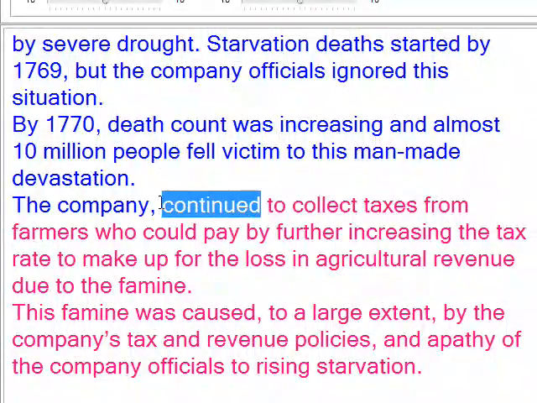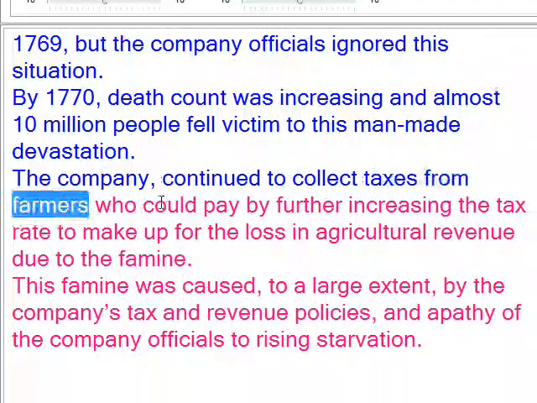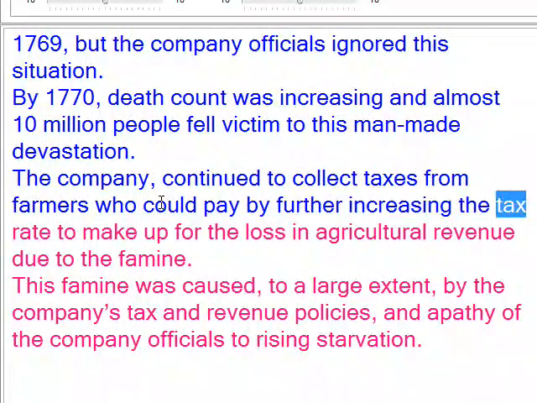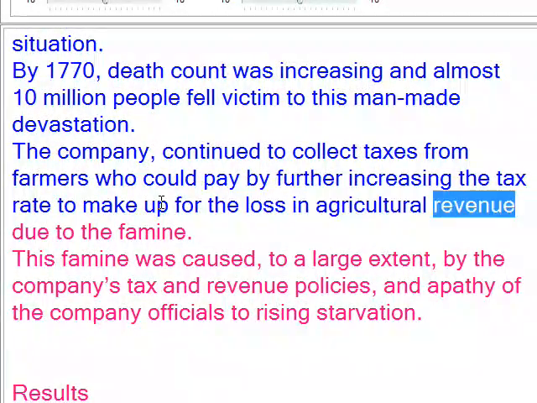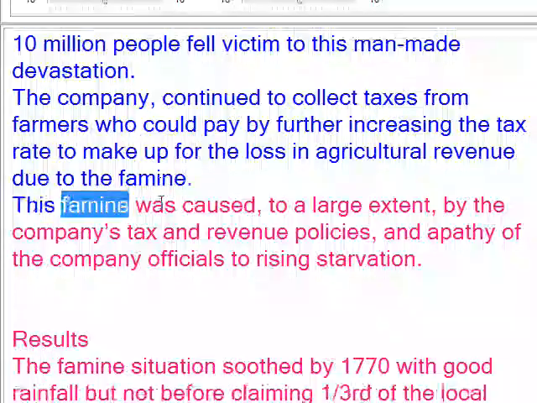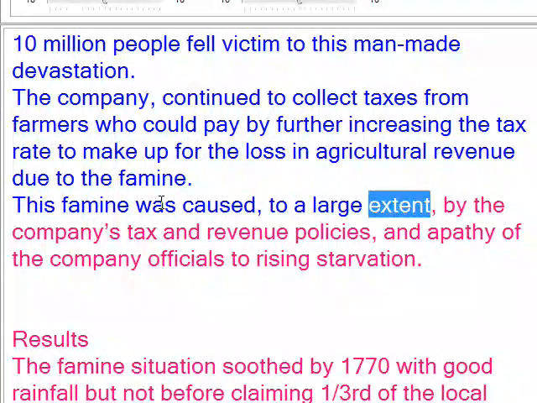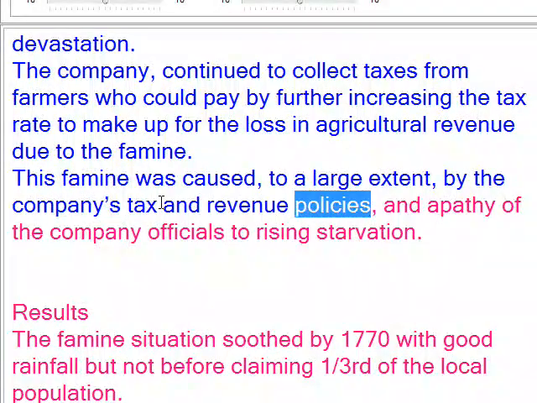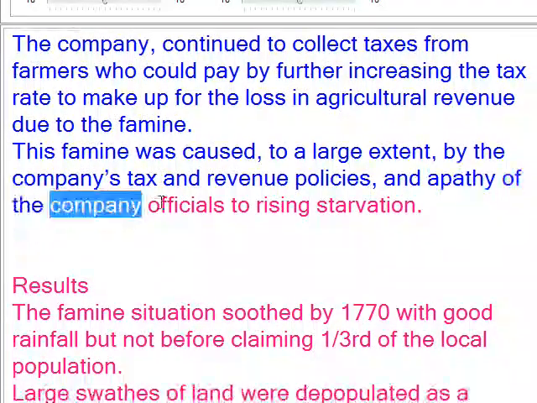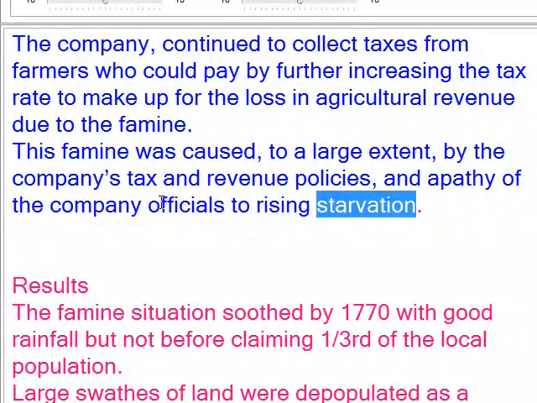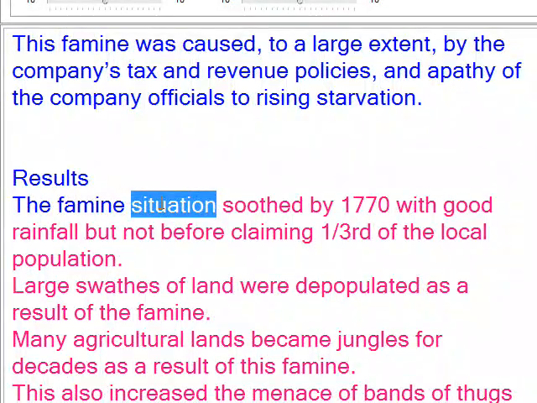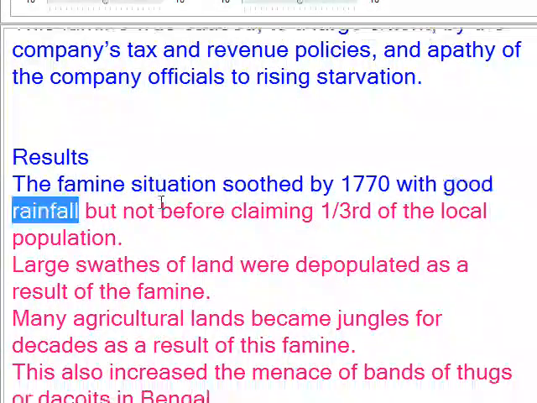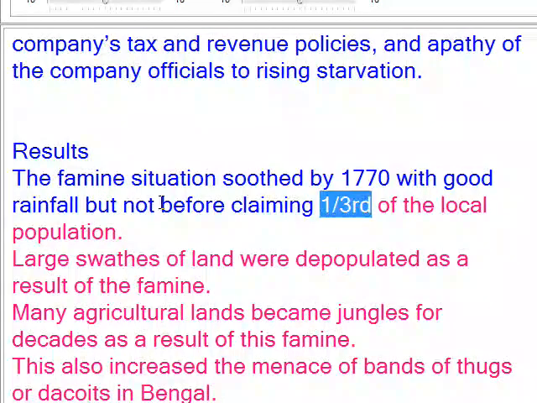The company continued to collect taxes from farmers who could pay, further increasing the tax rate to make up for the loss in agricultural revenue due to the famine. This famine was caused, to a large extent, by the company's tax and revenue policies, and the apathy of the company officials to rising starvation. Results: the famine situation eased by 1770 with good rainfall, but not before claiming 1/3 of